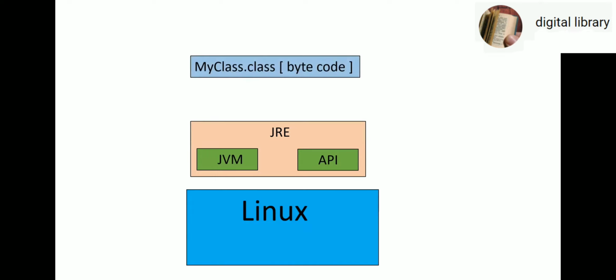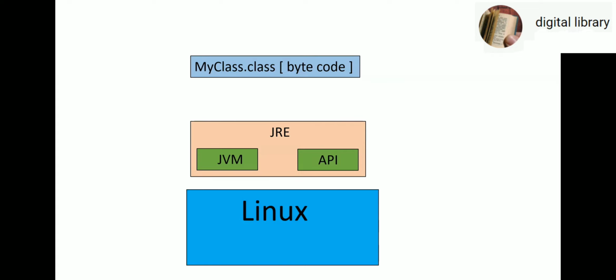And now what can be done? How can you run that previous code on this Linux? Good news here is you don't have to recompile as per a Linux compiler, because the Java compiler is just one. It generates bytecode, and the good news is that bytecode can run on any platform, provided the JRE is there. So same code I want to run on Linux. What do I need to do? I need to take only the bytecode and run it. I don't have to recompile.